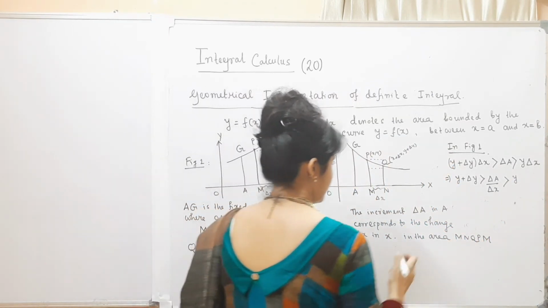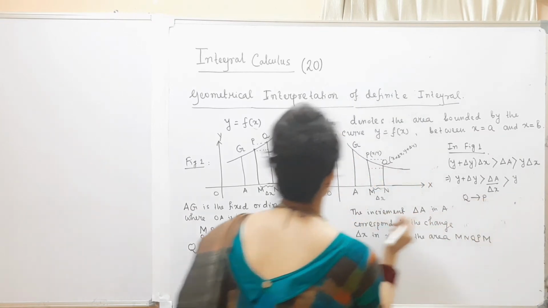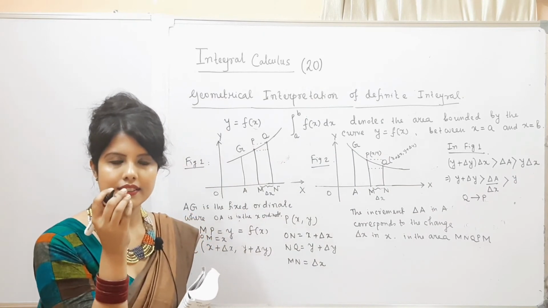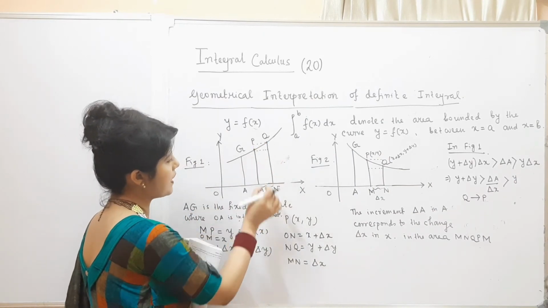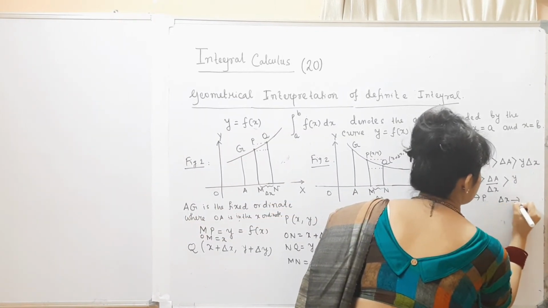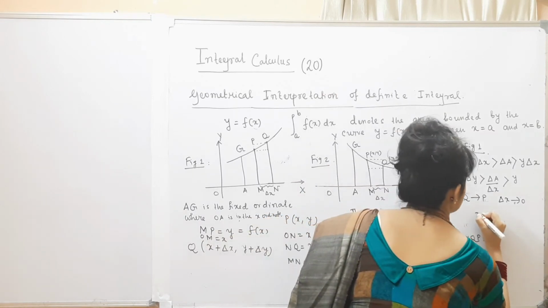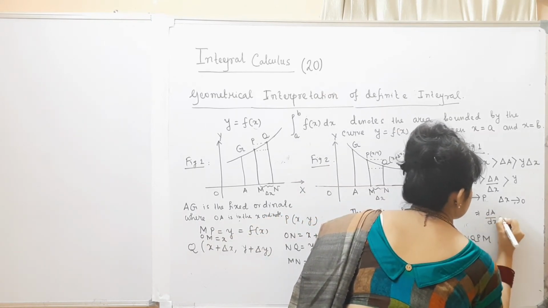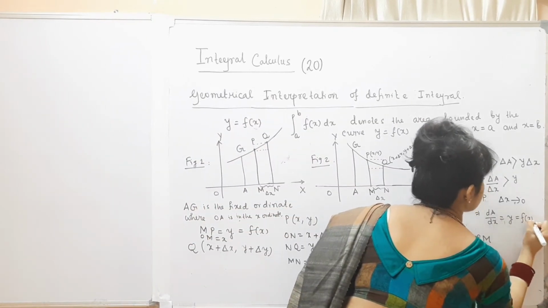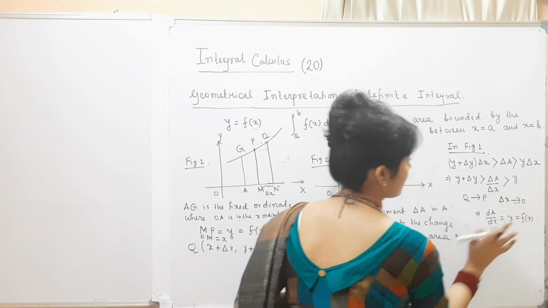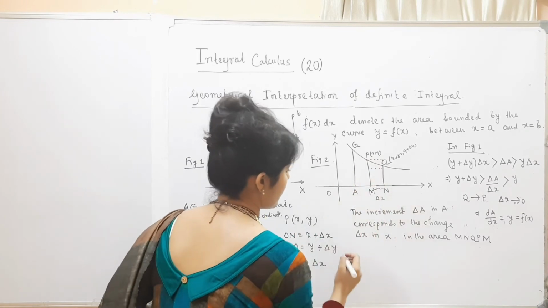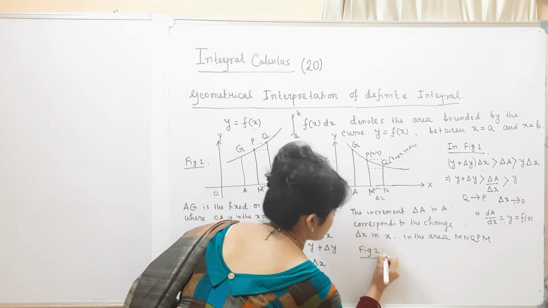Okay. So if q tends to p, therefore the difference tends to 0, because if q tends to p, there will be no difference delta x. So that shows that delta x tends to 0. So this shows that dA dx equals y, equal to f of x, obviously, if q tends to p and delta x tends to 0.